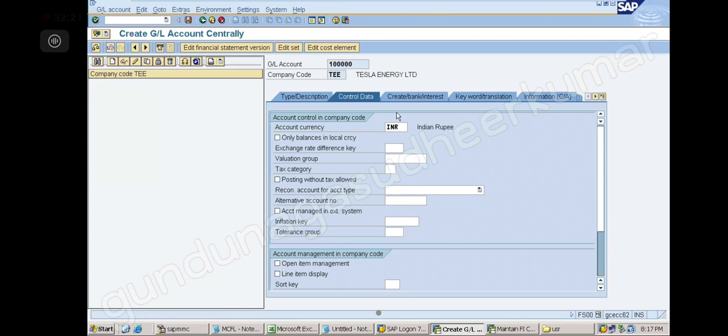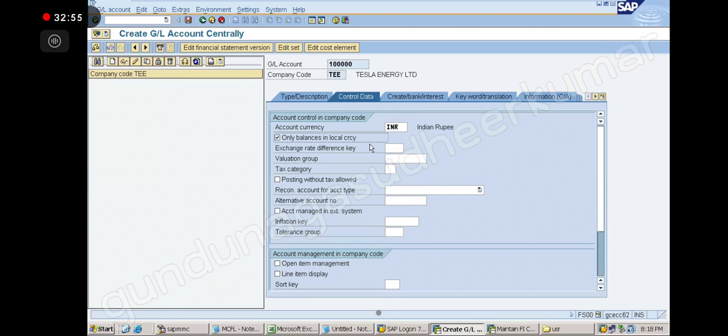Then you will select only balances in local currency. Why are we selecting this? Suppose I have an account with various transactions in different currencies: $10,000, 20,000 euros, 30,000 pounds, 50,000 dirhams and 70,000 rupees.